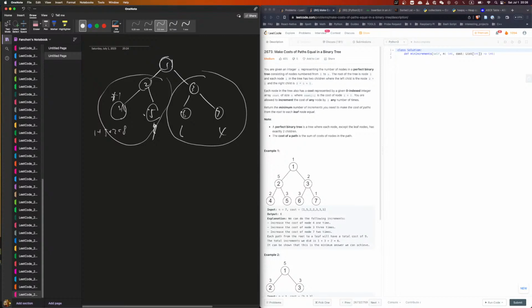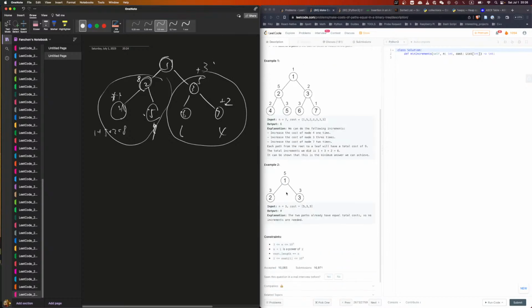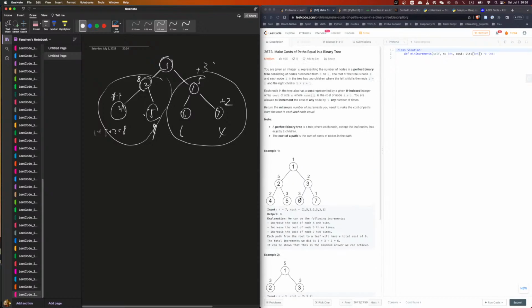Now we go to 2. And here you need to make these two equal. So this needs to plus 2. Right? Now we go to here. Then we need to know the path. So if this plus 1, this one is 8. If this plus 2, 3, this one would be 5. So this needs to plus 3. So in total, we need to plus 1, plus 2, plus 3. That means plus 6. That makes sense, right? In this case, the same. This is just gonna, oh, this is 0. So what we're gonna do is